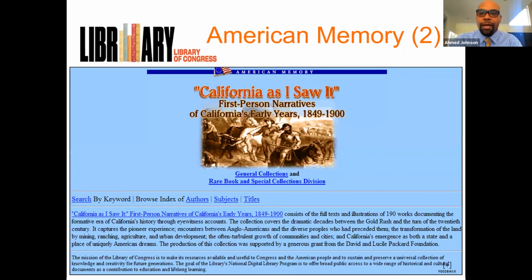Why did I select this from 1849 to 1900? As we all know, lots of people were going to California during this time period. Why? They were looking for gold, right? People wanted to get rich. Maybe your relative went. I don't know. But this collection is fully searchable by keywords. So you can put in your relative's name. You can put in where they went in California. Now, I'm not guaranteeing you're going to find your ancestor, but you may find out something about him or her,